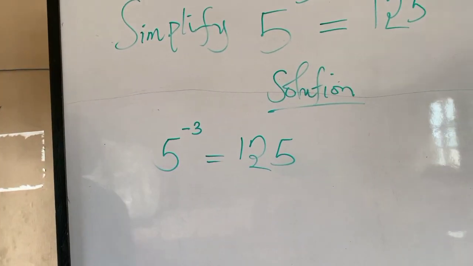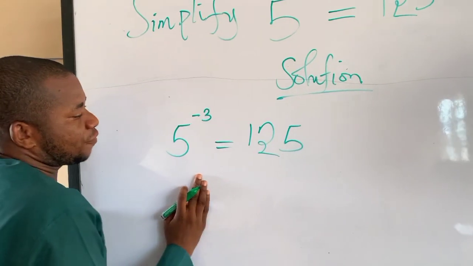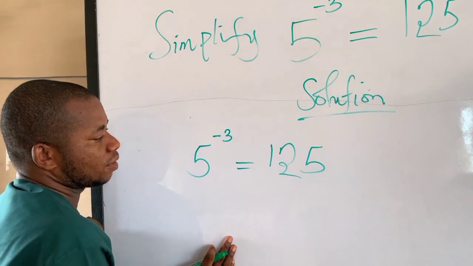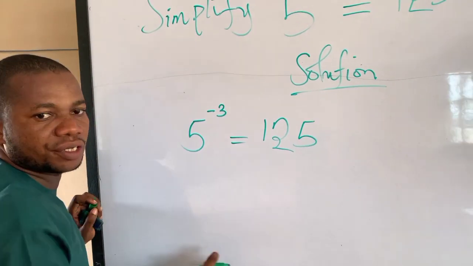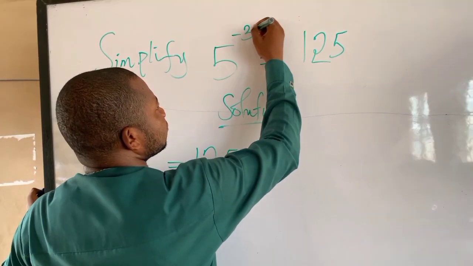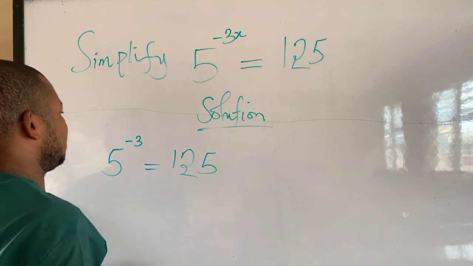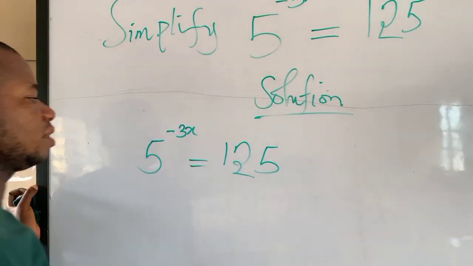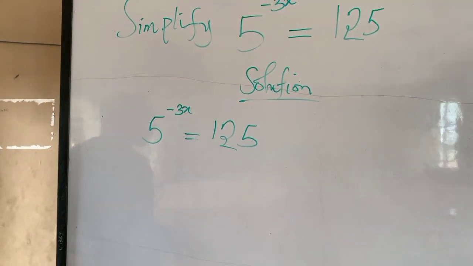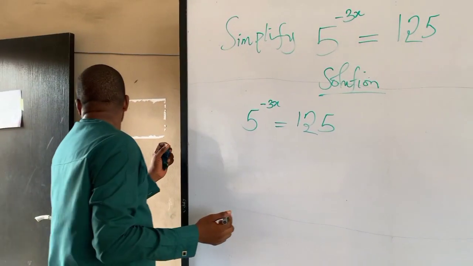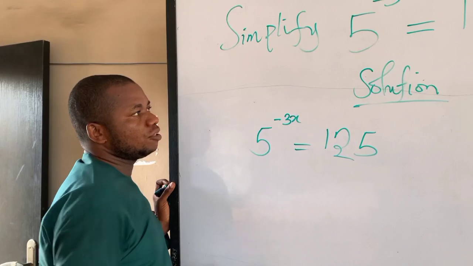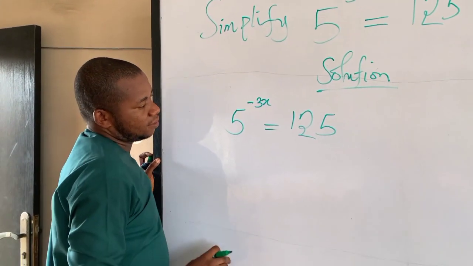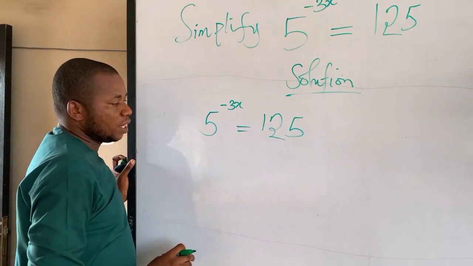Yes, it is -3x, because if there is no x there, you're not solving anything. So looking at this, for us to solve this and get the value of x, then we must